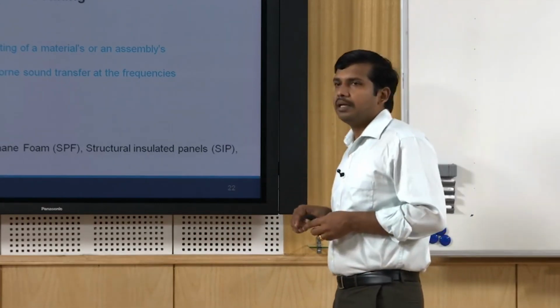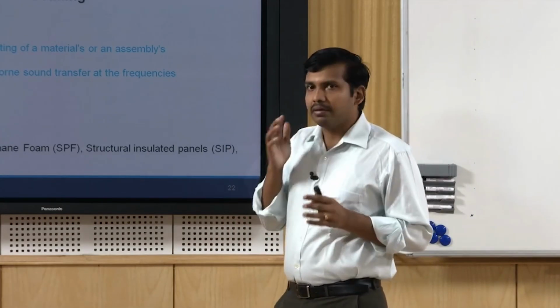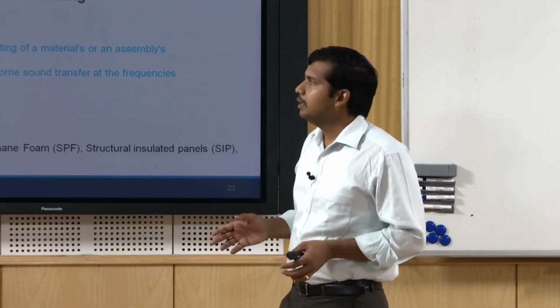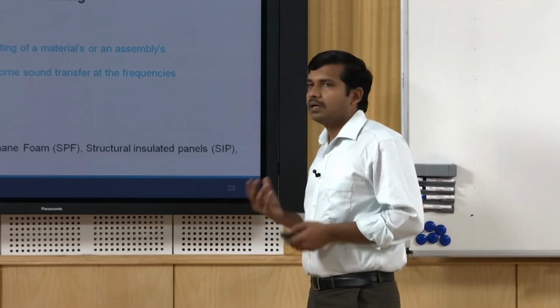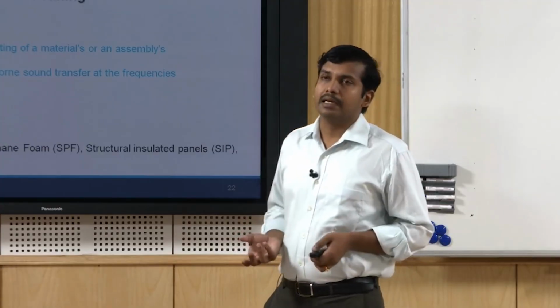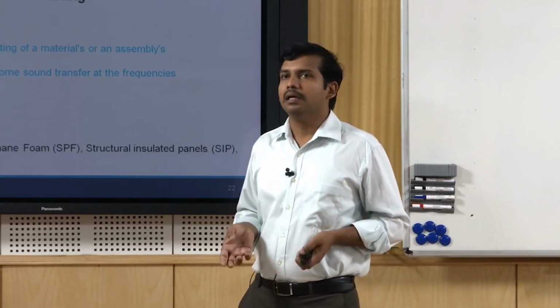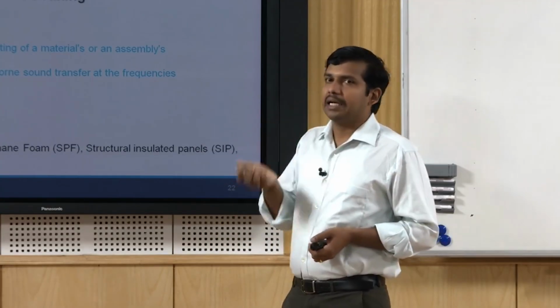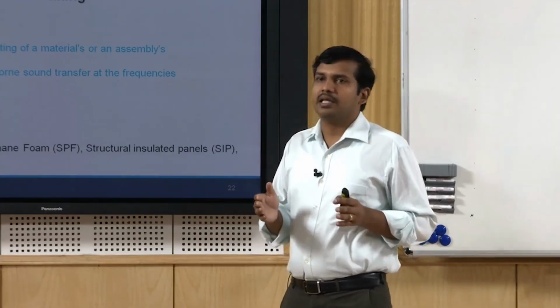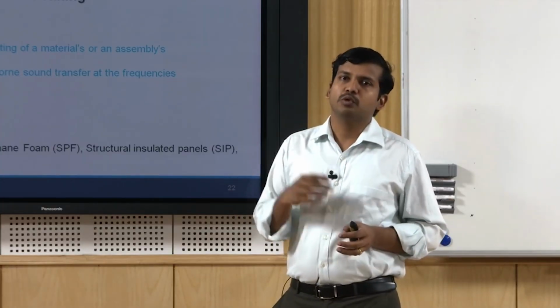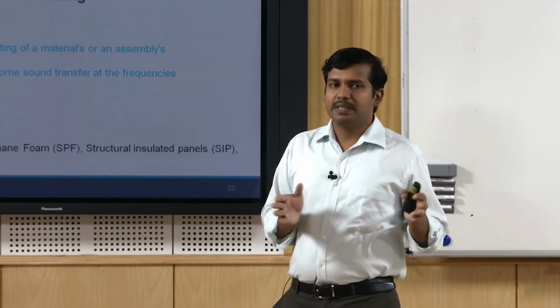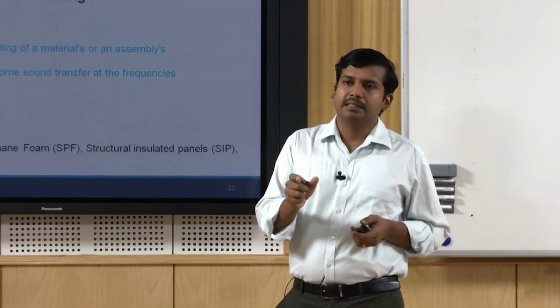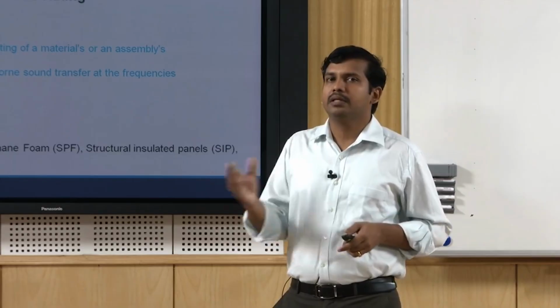Any particular material, say a door, a window or a wall system, typically has a standard which asks you to go for an STC rating of say 35, 40, 50. There will be specific STC ratings. Say for example you are designing a boardroom which is next to an open plan office. There will be a specific demand which says that the STC rating of the partition used between these two should